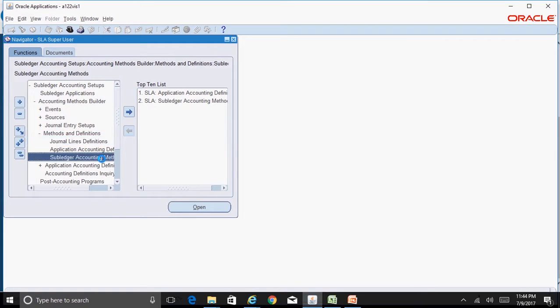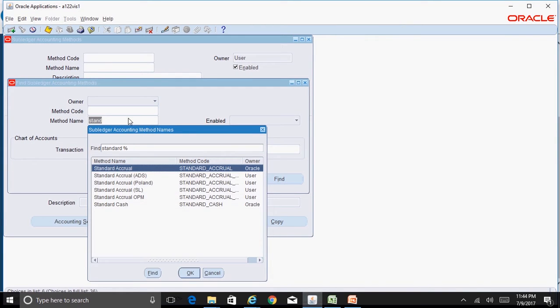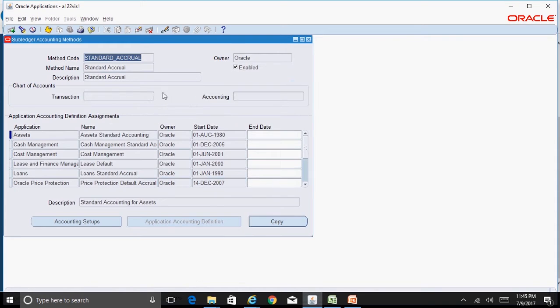Bring up the subledger accounting method, the first one, click on Find. This is the standard Oracle subledger accounting method. It's always suggested to copy the standard method and create your own version.